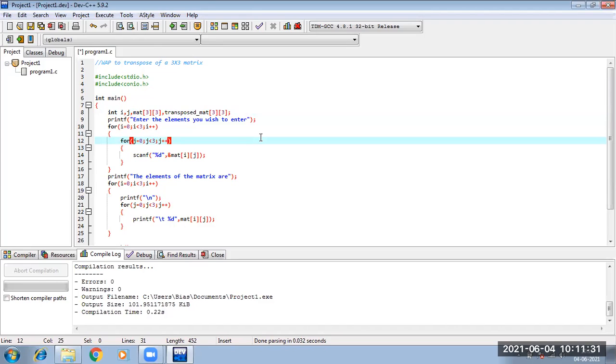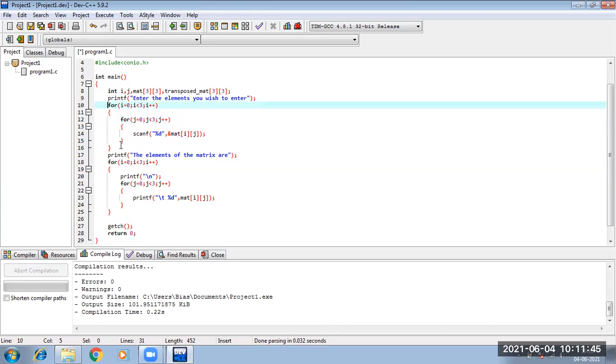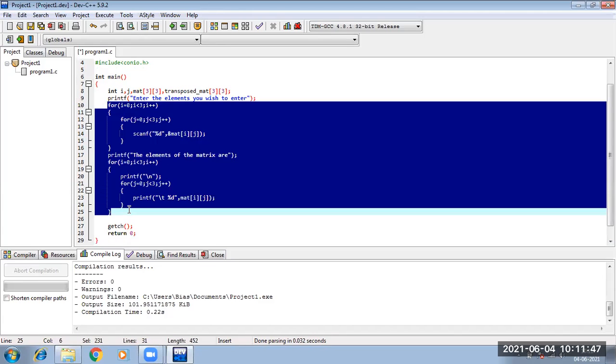Now I will take the elements from the user, right? So first the elements of the matrix I will input, then the elements of the matrix I will show. Up to this, whatever we have learned, the logic will be the same. 3/3 matrix elements I am taking, 3/3 matrix elements I am showing.